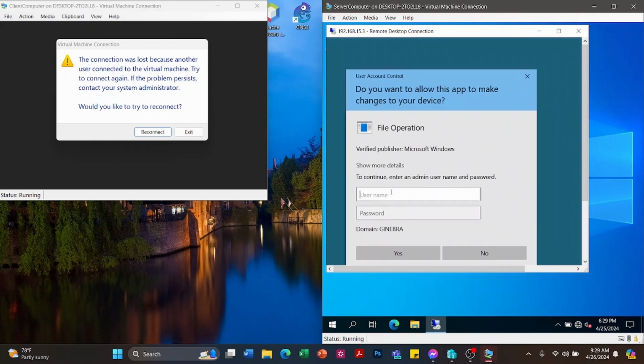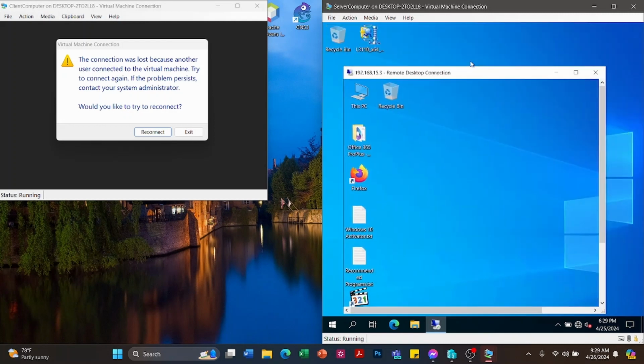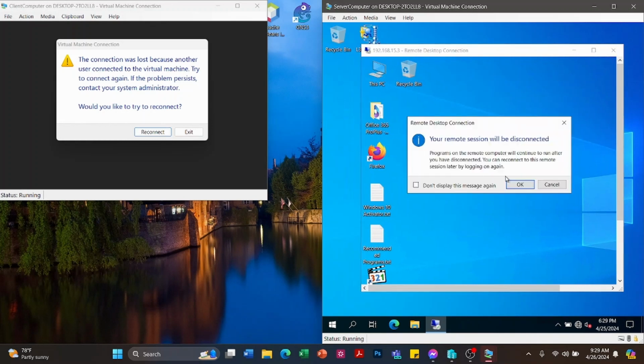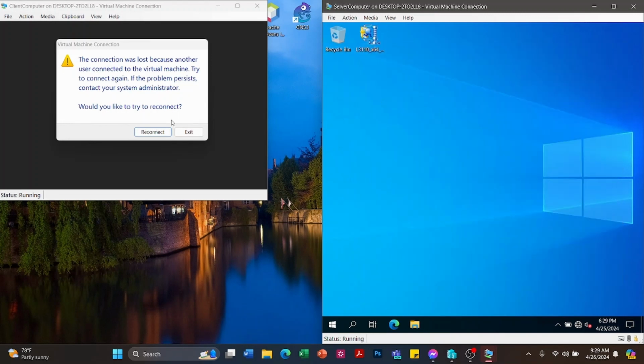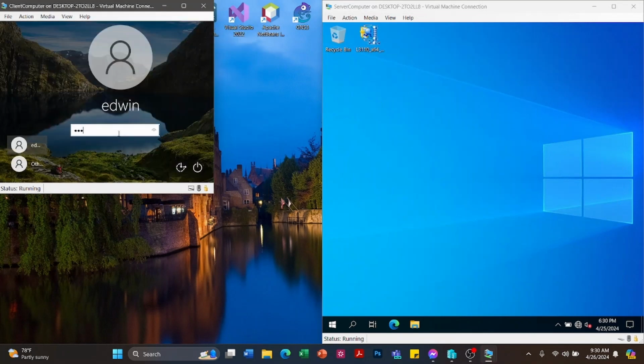You just have to enter the administrator's account. So okay, we're now done with the client remote desktop connection. Just close this one, then click OK. Then let's go to the client computer, then reconnect for it to be able to log in the Edwin.